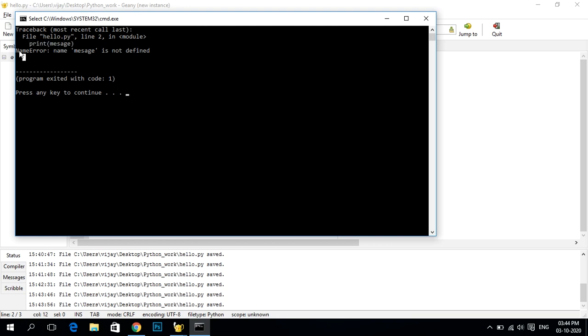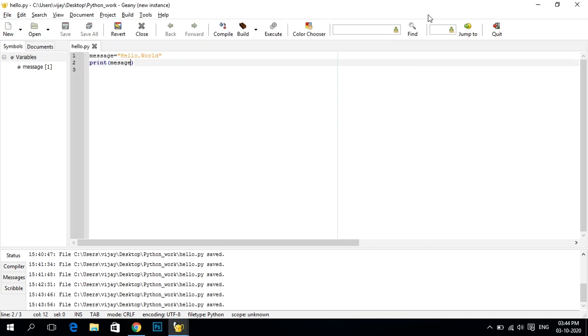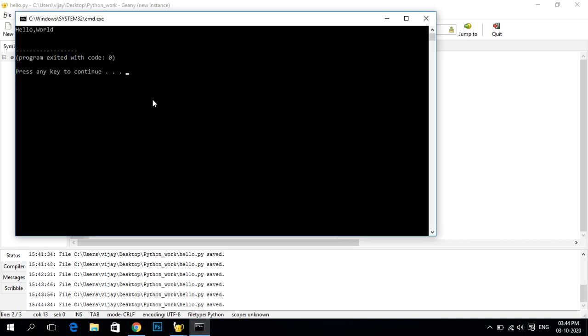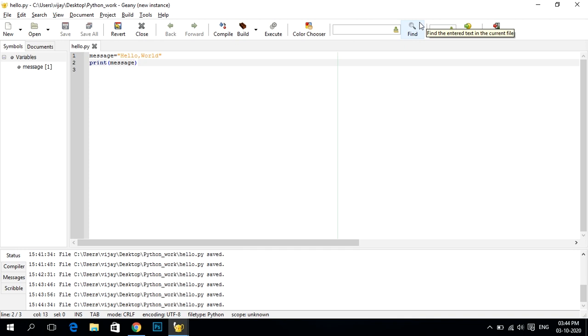So it is showing a name error, which says the name message is not defined. It means that this keyword is wrong and we have to write it again to make it correct. So we will write it again and then print the function. It will give the print message, right?